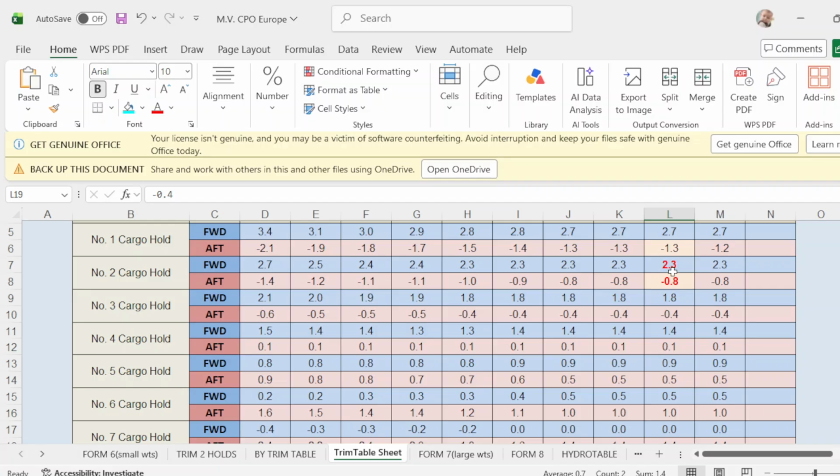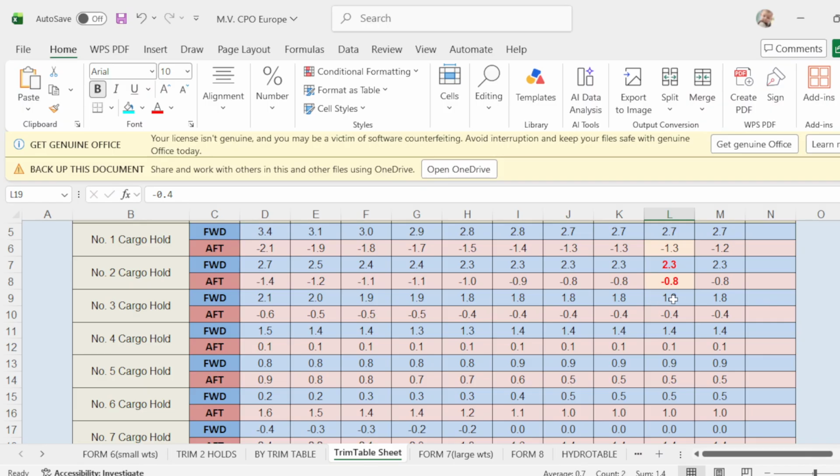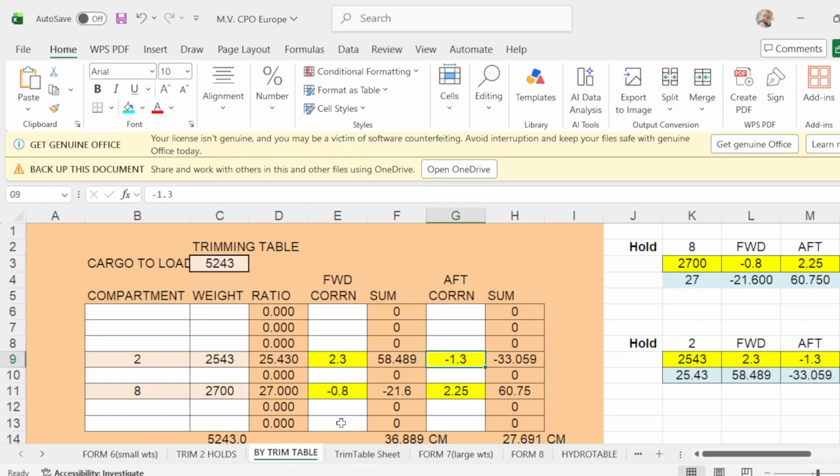Correction number 2 forward is 2.3. Put here 2.3. Up correction negative 0.8. Negative 0.8. And forward correction number 8.